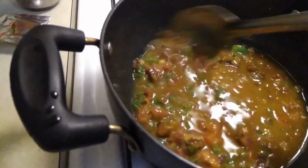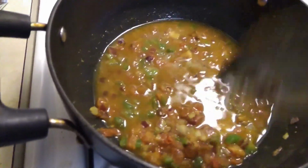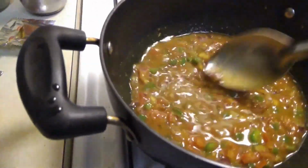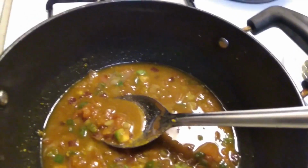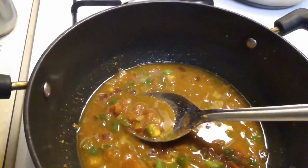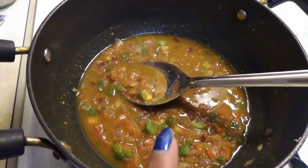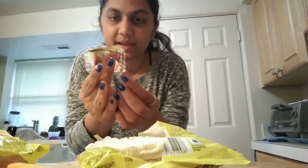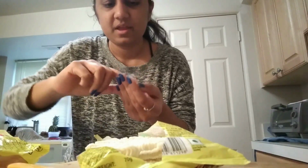I'm gonna have to add a little. Oh, I think this amount is good. So yeah, after you add water, you can add your Maggi, but let this heat up for a little bit, then add Maggi. While that's heating up, what you do is you take those packets and you see all that masala that's left,